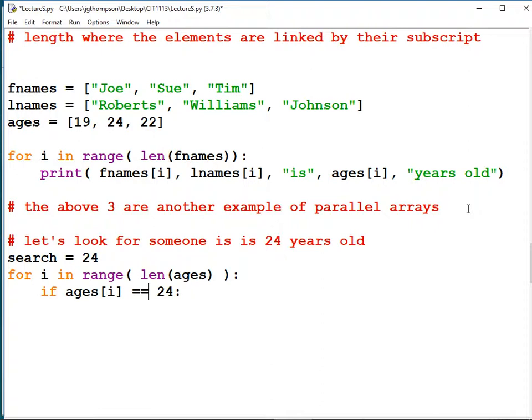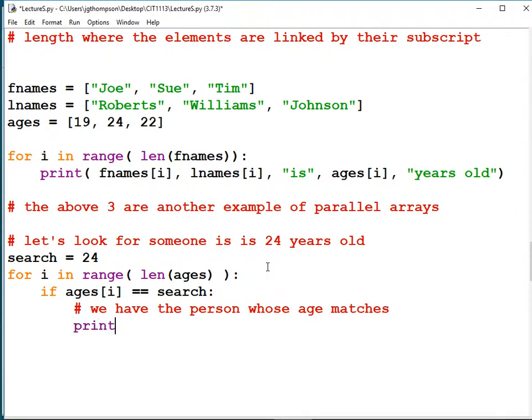If ages[i] equals 24, we found that person. But that's hard-coded. That's a magic number. I'm going to change that word to search. If ages[i] == search, we have the person whose age matches.